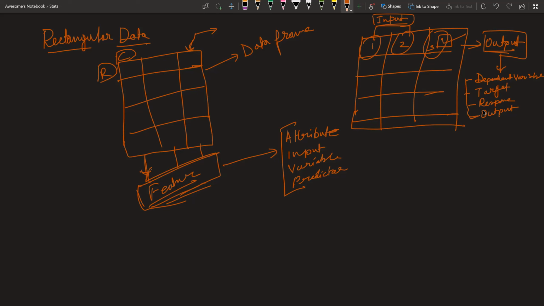Okay. So record, this is very interesting, and in various scenarios we call it by a different name. So you understand, column is nothing but feature, these are the names. So column, you are aware, you can call this a feature, and feature you can also call by these names. Then whatever output you are trying to figure out, you can call by these names as well. Now what do we call the row? So this is the row, correct? What do we call the row?